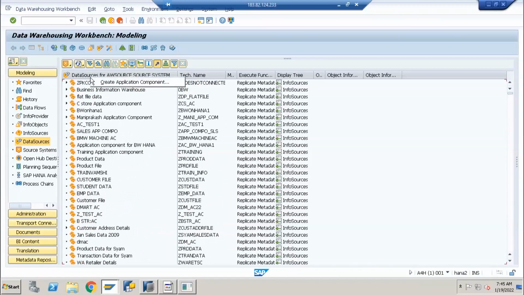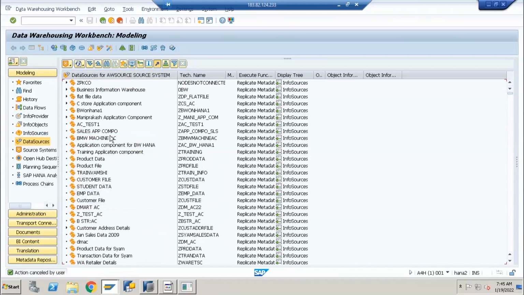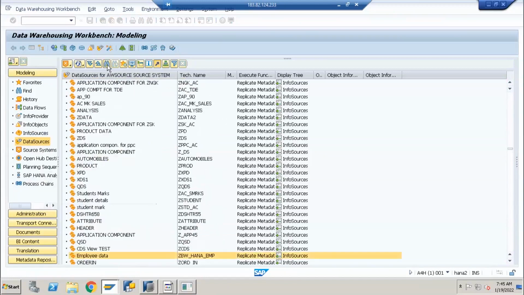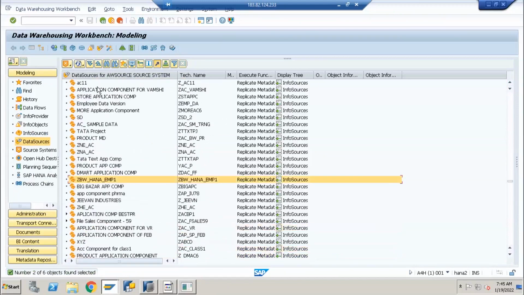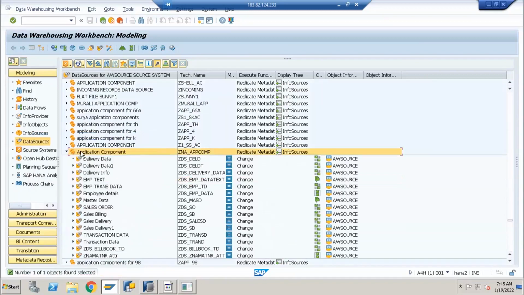Let me create one, or else I can use the existing one. So this was the application component which I created earlier for different purposes.